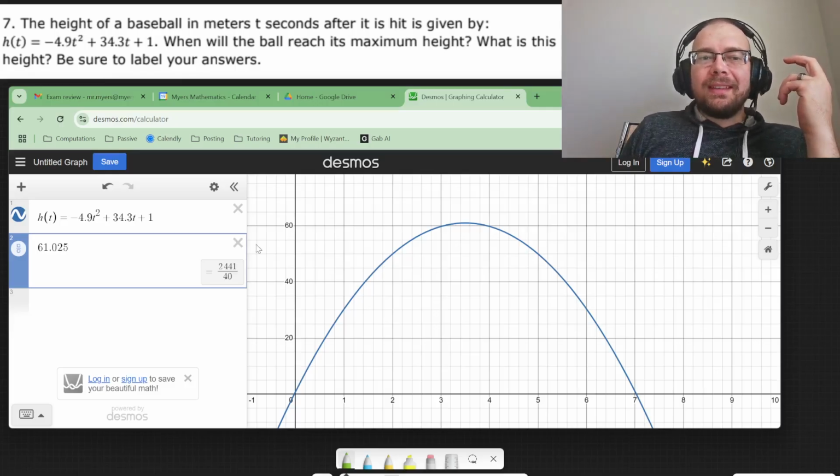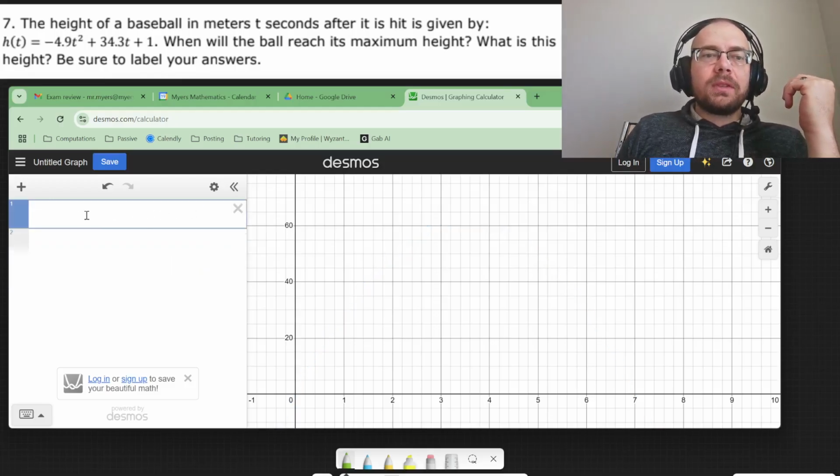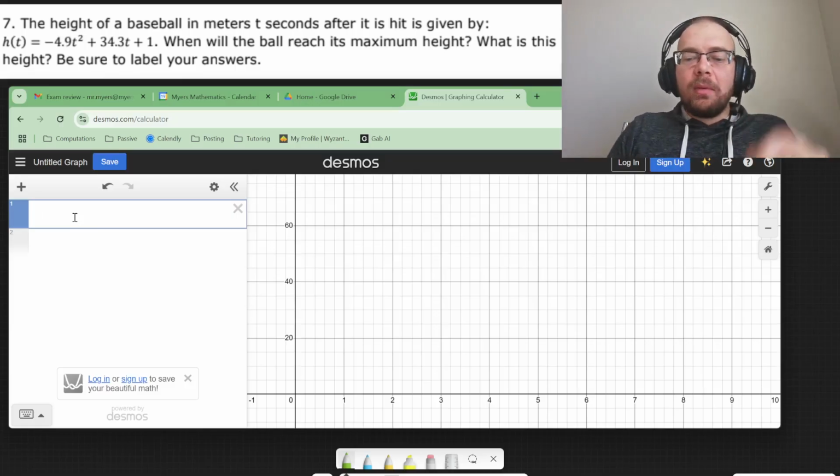If you're using it that way. Now, what if you're not? What if you're only able to use a scientific? Okay, well then you would still plug it into the quadratic formula. So remember, the quadratic formula is x is equal to